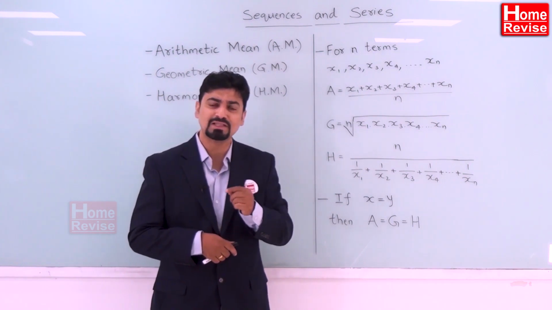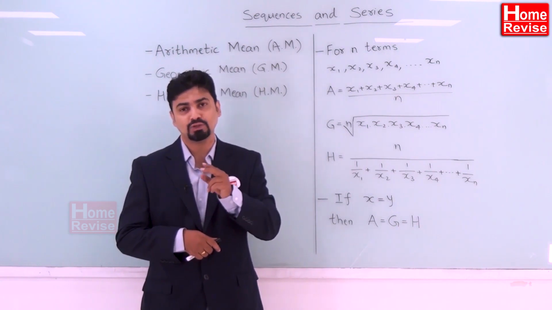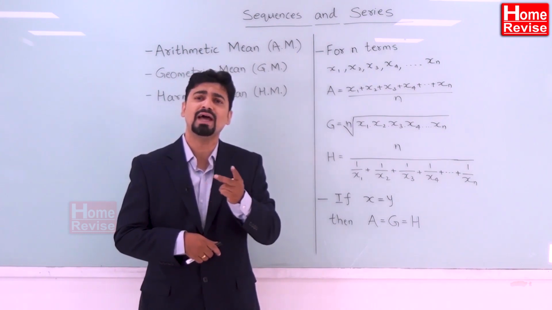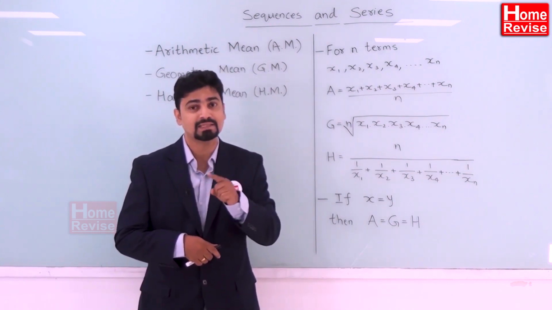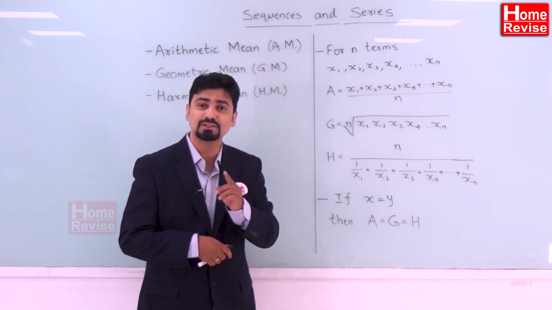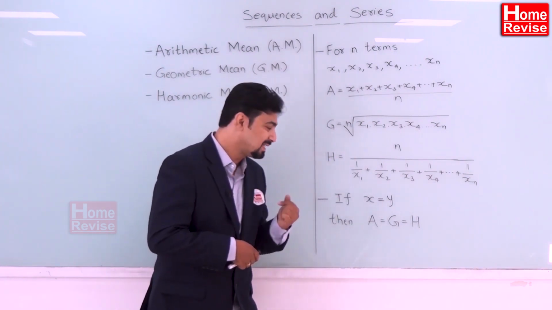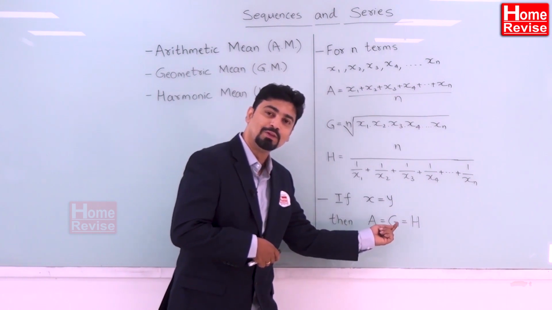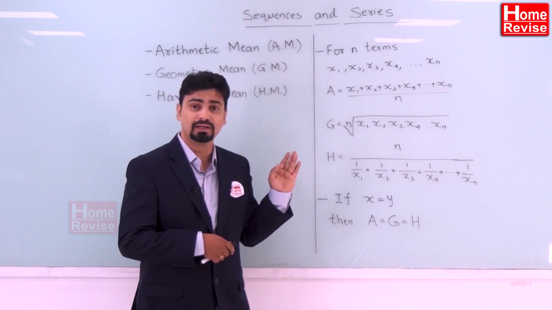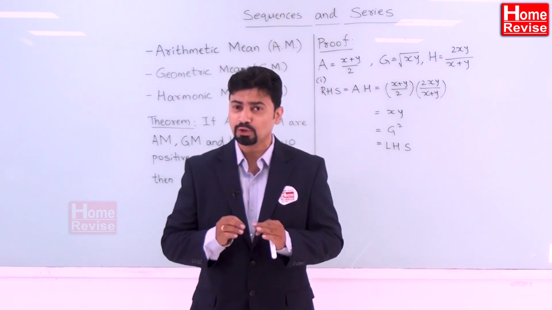Next, a small consideration that we need to understand here is, for 2 terms when we applied AM, GM and HM, that is we found AM, GM and HM for 2 numbers x and y, what if x and y were equal? If x and y were equal, that is if x was equal to y, then we would have got the answers of AM, GM and HM as equal. That is, if x is equal to y, then A will be equal to G will be equal to H. So these are a few important points that you should note after understanding the 3 given means. Let us now understand an important proof.